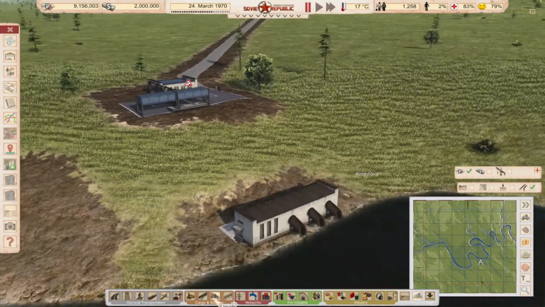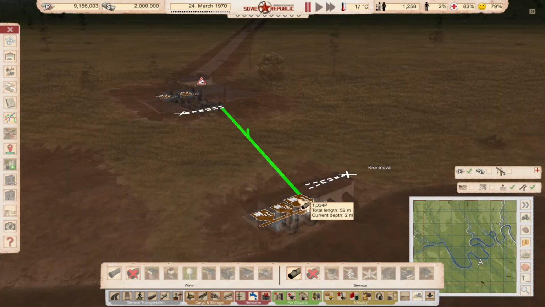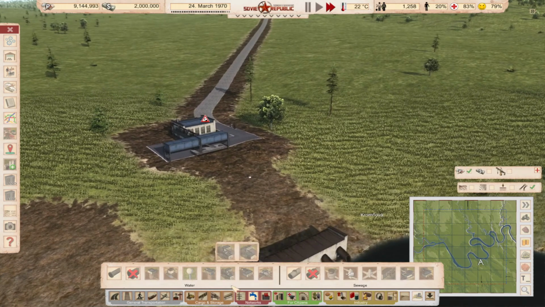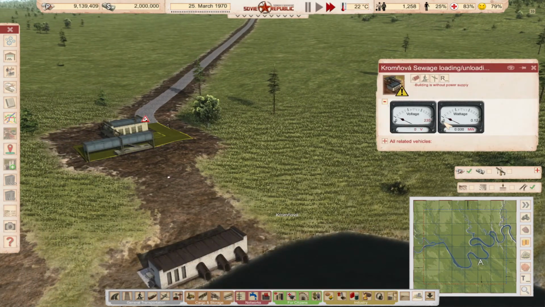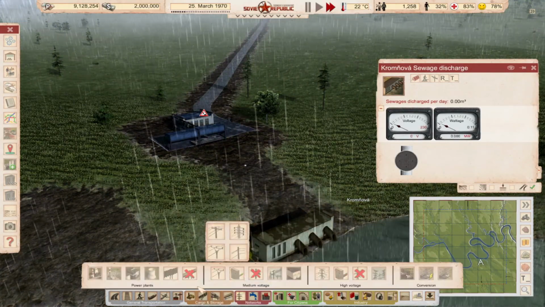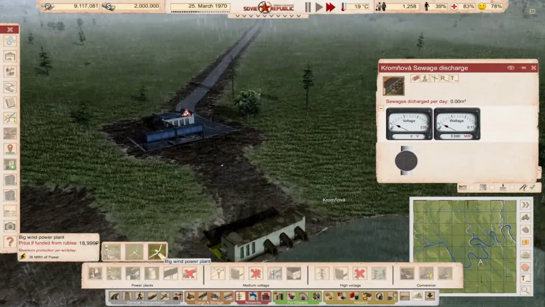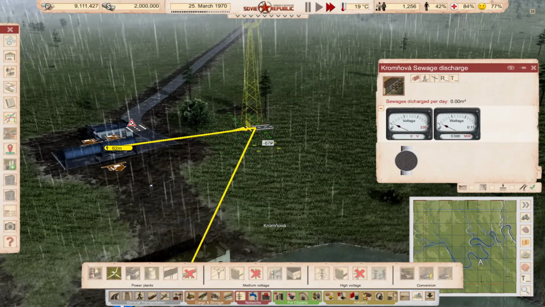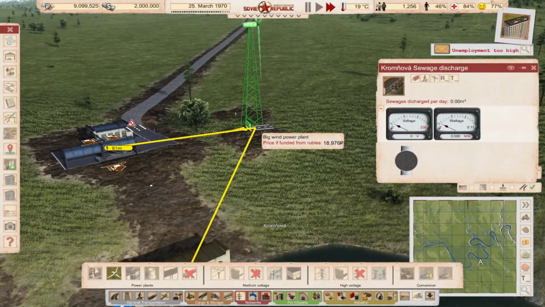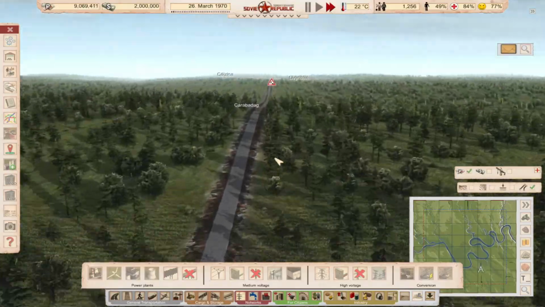And while we are here, let's connect these together. We might not need the pump here. It is very close. Yeah, it's going to be good. The pumps, it's deeper also, so it's going to be good. But we also need power, as you can see. It requires power supply. This I think also requires power supply, but it doesn't give an error, so it might not. Let's place this solar power plant in there. Okay. Make sure to activate them. Then we can go back to our trucks,